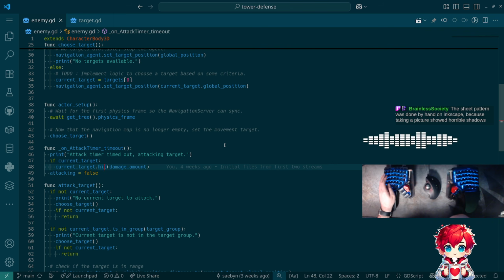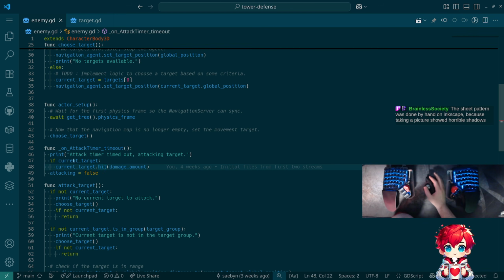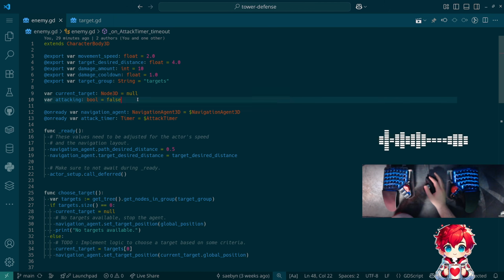I don't know that there's a better way, unless I guess we make a pair of nodes, kind of similar to the hurtbox and hitbox in the one example that I had pulled up earlier, where the logic for finding each other is baked into them, and then instead of this script saying current target dot hit, what we really do is we say we have a